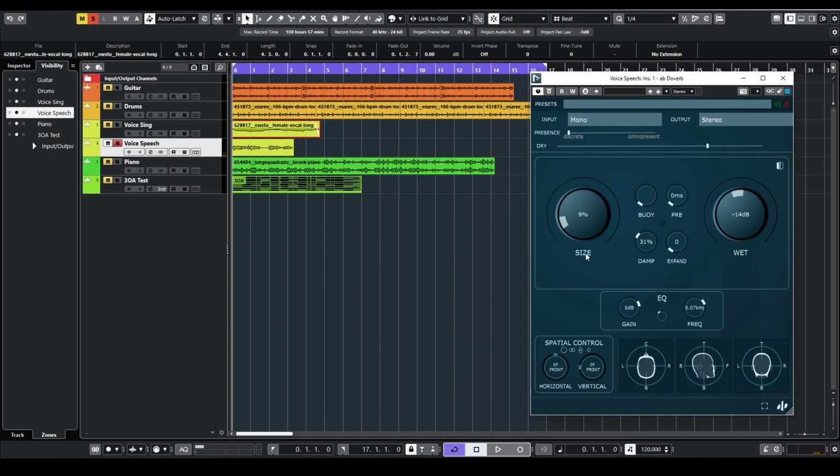Okay, so what I did here is just create a very, very discreet reverb so that it's not that invasive, but now the voice doesn't sound so isolated. So if we compare the sound with and without reverb,